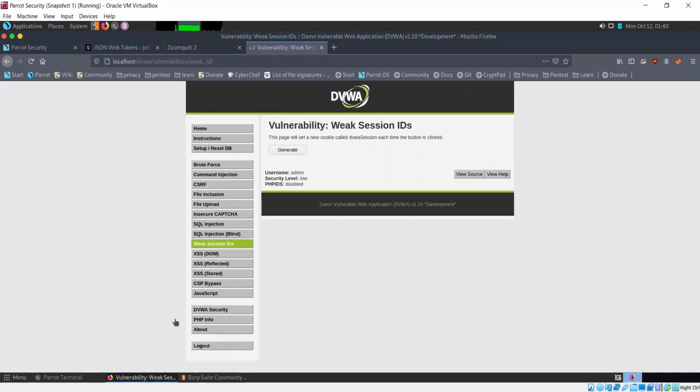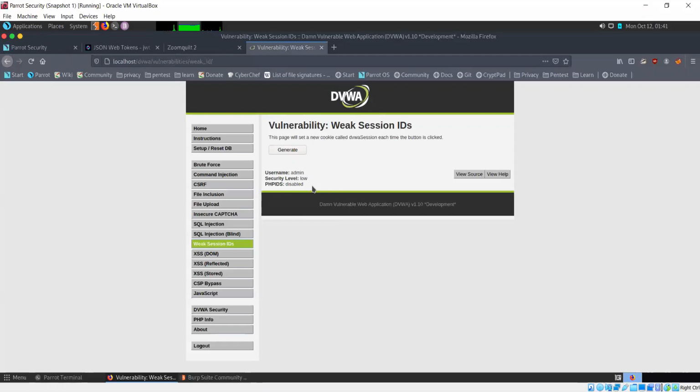The web server sends you a session ID, which is stored in the form of a cookie. Whenever you make any subsequent requests to that website, your browser will include that cookie in all those requests, so that the server knows this is the session it needs to reply to.